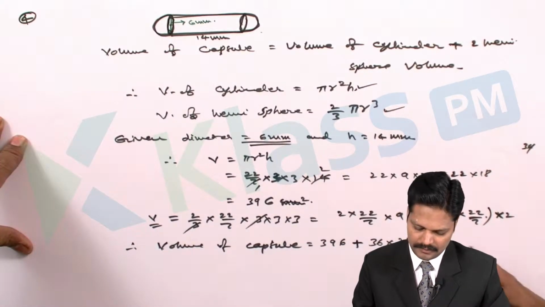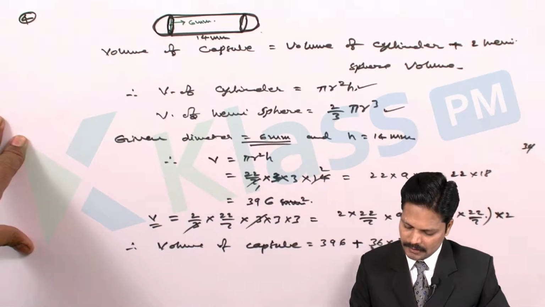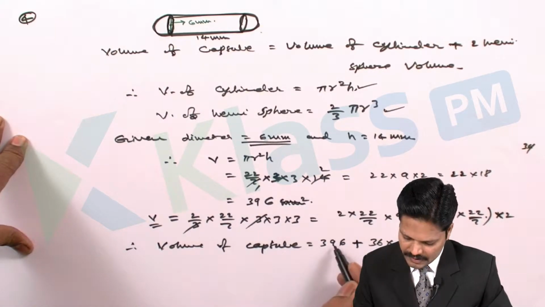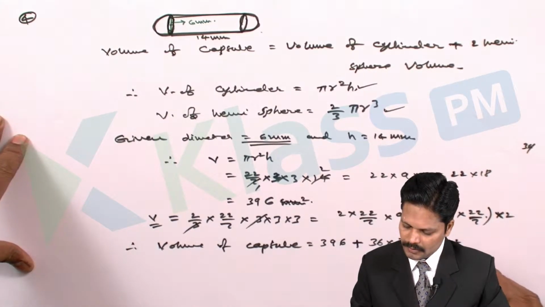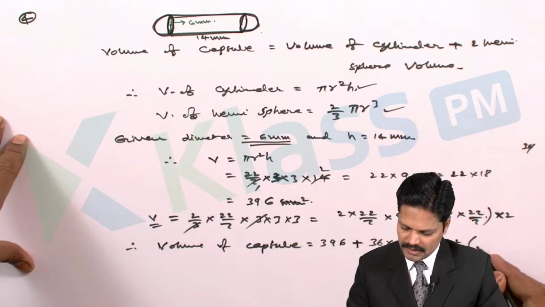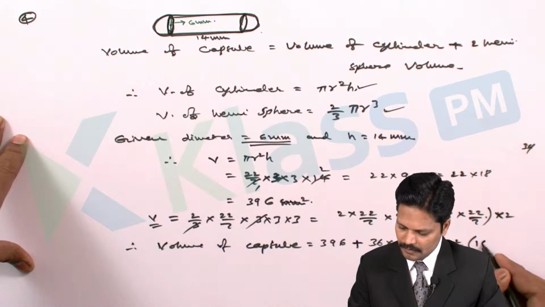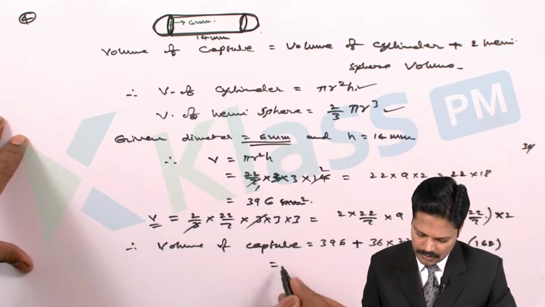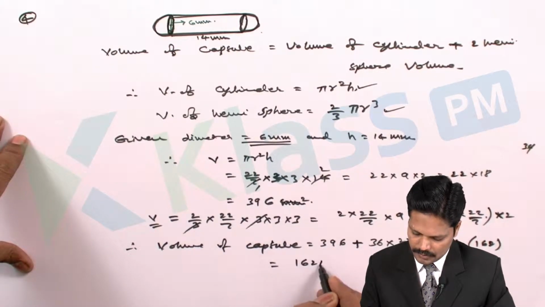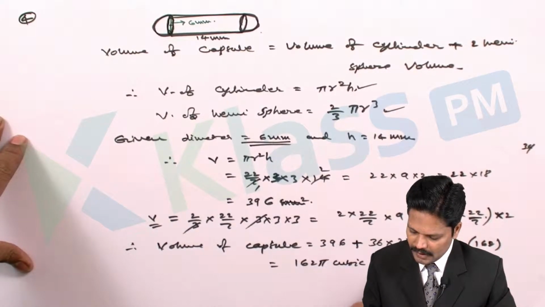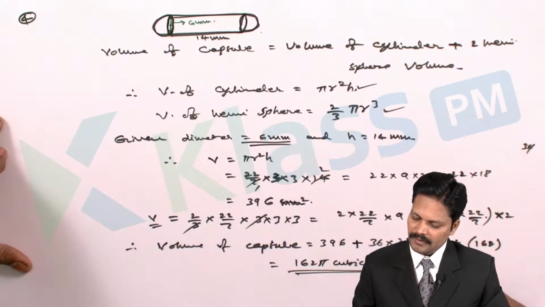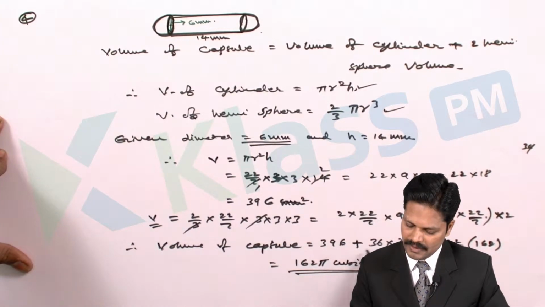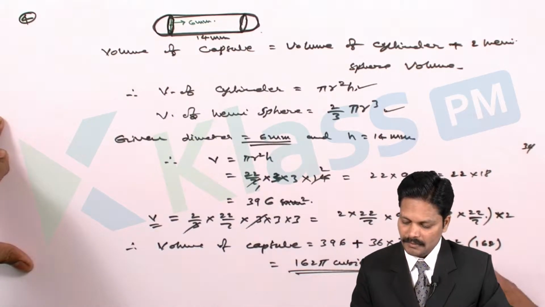By simplifying, we will get the value here, by converting this as 22 by 7. Again we will get 22 by 7 common in both conditions. After simplification we have the value 162, so we can take 162 pi cubic millimeters. This is the way we can identify. After simplifying we will get 22 by 7 only. Why? Because here we have 22 by 7, and again we get 22 by 7 common, then the